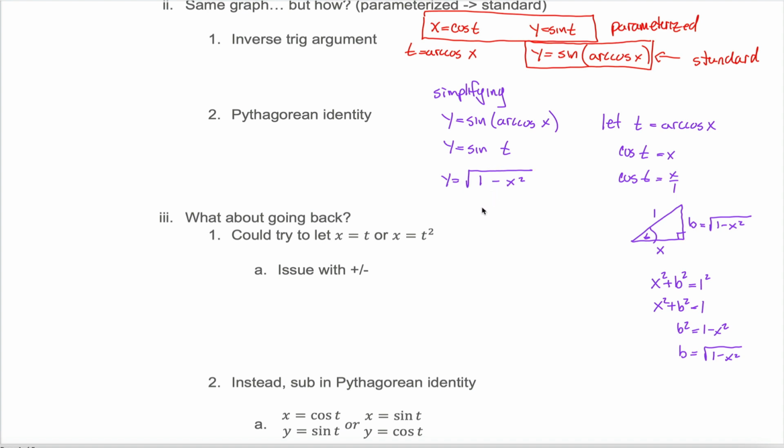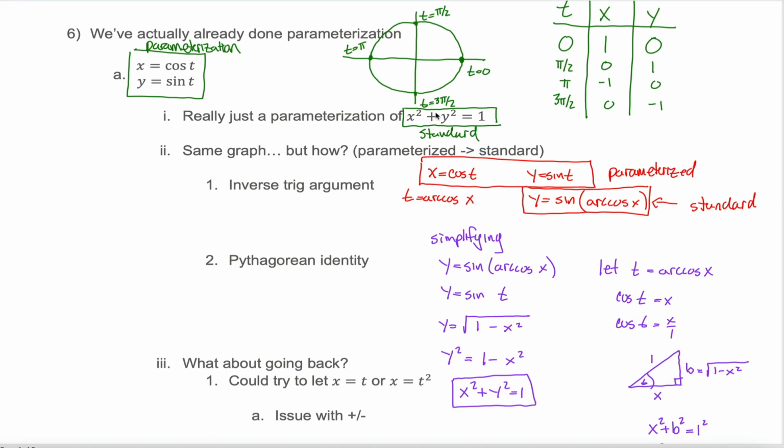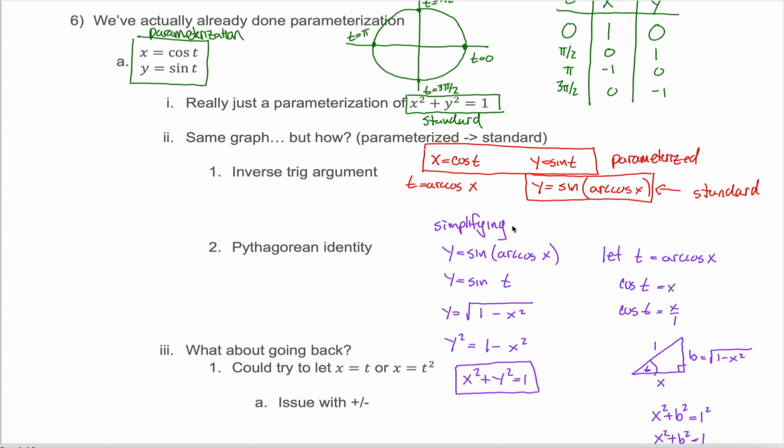And if we manipulate this a little bit, maybe square both sides of the equation, we get y squared equals 1 minus x squared, and then add the x squared to the other side, we get x squared plus y squared is equal to 1, which is exactly what we were hoping to get, the standard form of the equation of the unit circle. We can use the same method that we learned previously to go from the parameterized form